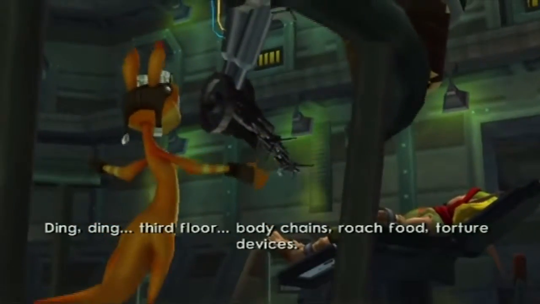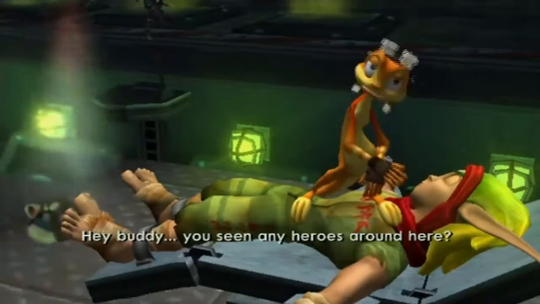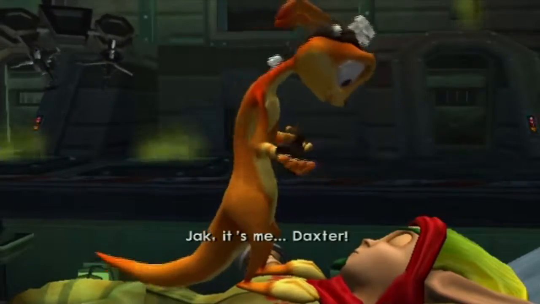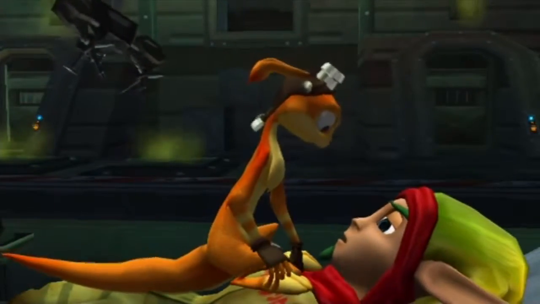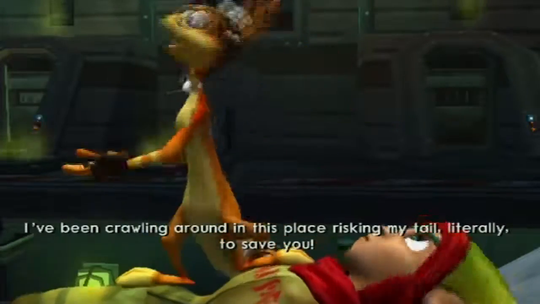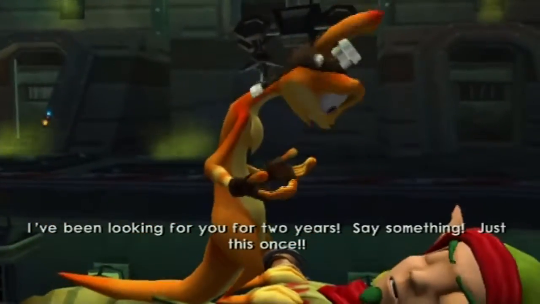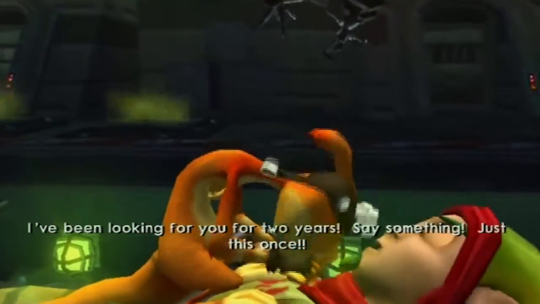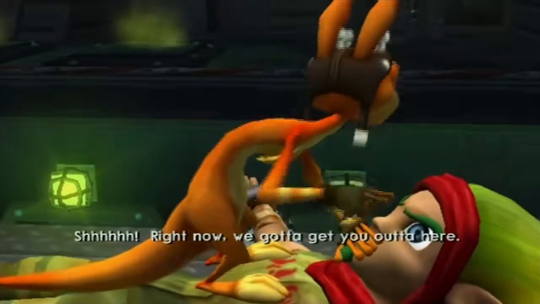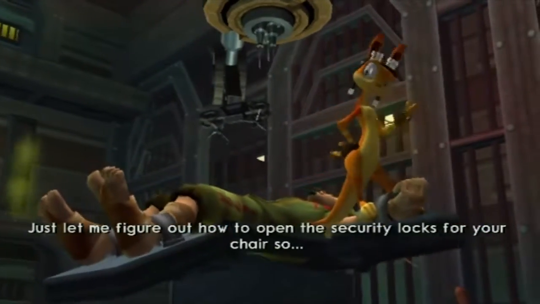Ding ding, 3rd floor. Body chains, roach food, torture devices. Hey, buddy, you seen any heroes around here? Whoa! What'd they do to you? Jack, it's me, Daxter. That's a fine hello. I've been crawling around in this place, risking my tail, literally, to save you. I've been looking for you for 2 years. Say something, just this once. I'm gonna kill Praxis! Shh. Right now, we gotta get you out of here. Just let me figure out how to open the security locks for your chair so I can...